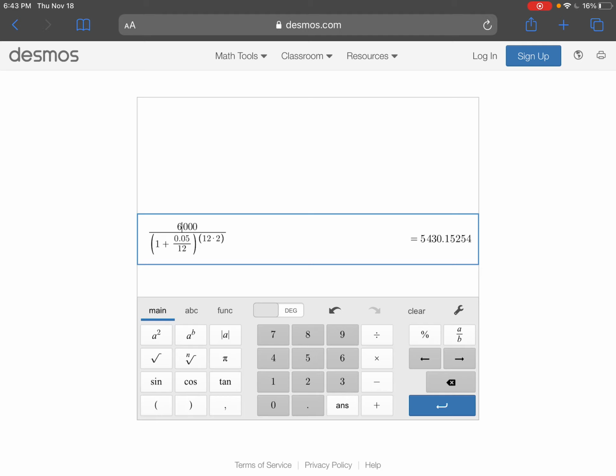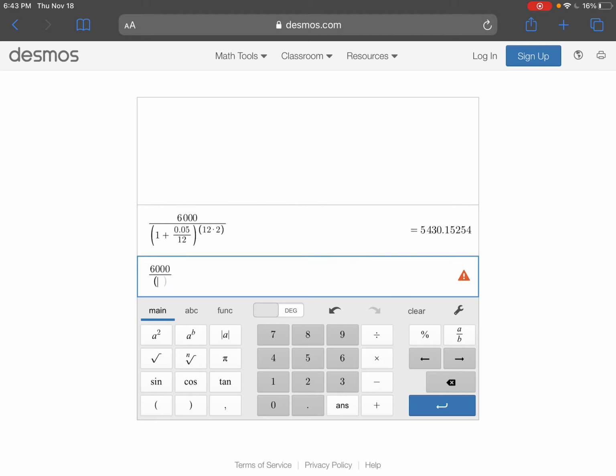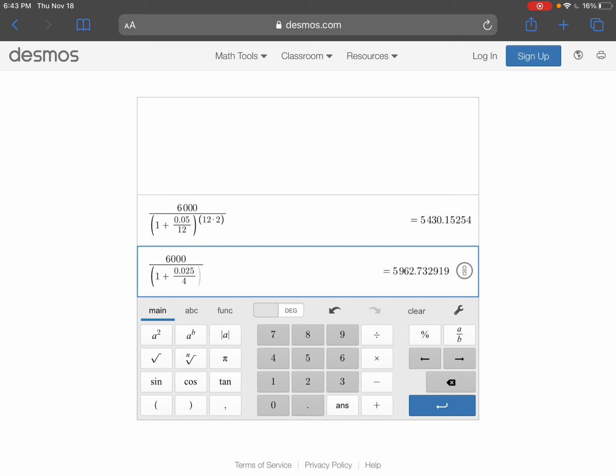So I'm going to have 6,000 divided by... It's going to be easier if I just do it myself. So let's do that. 6,000 divided by, parentheses, 1 plus 0.025 divided by 4, close parentheses, exponent button. Exponent needs to go in parentheses. It is being compounded 4 times a year for 3 years. And we're getting